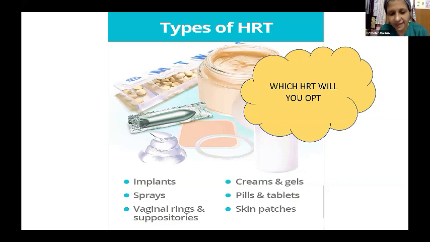SERMs, ma'am. We can add SERMs, ma'am. It's an early menopause, so we can add SERMs, selective estrogen receptor modulators. We have a lot of studies about raloxifene and bazedoxifene, ma'am. They can be given for vasomotor symptoms with an additional benefit of bone mineral density. Are they very good for